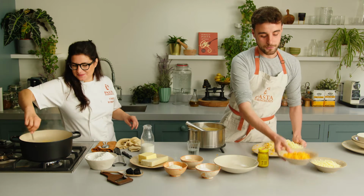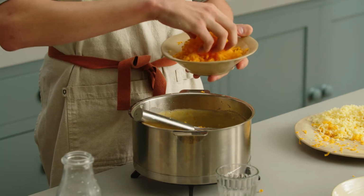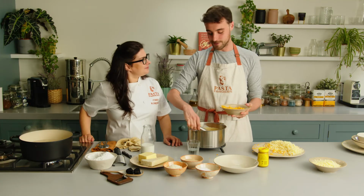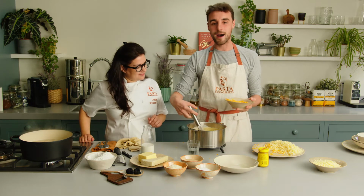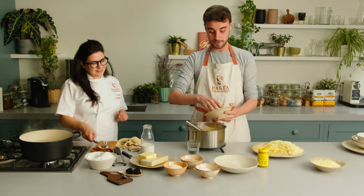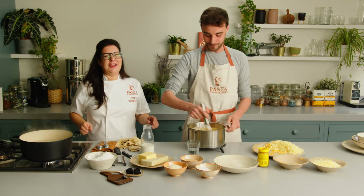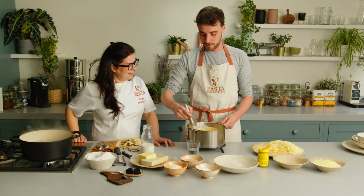So red Leicester is one of my favourite cheeses, even amongst the Italian cheeses, you know, compared with Parmesan, Pecorino, which I love, and mozzarella, of course, but there's something so special about red Leicester. I'm from Newcastle, northeast of England, so quite a hearty cuisine where I'm from, but I have memories of getting out of bed in the middle of the night when no one was watching and going down to the fridge, cutting myself a big wodge of red Leicester cheese, and sometimes even taking it back to bed with me, which is terrible, I know, but it's just such a wonderful cheese,